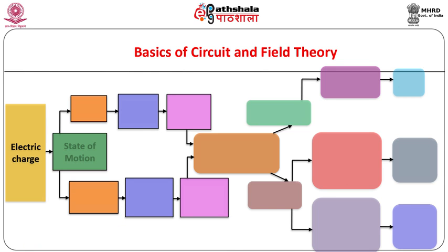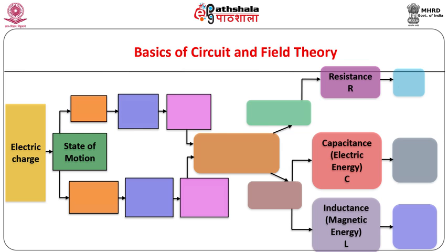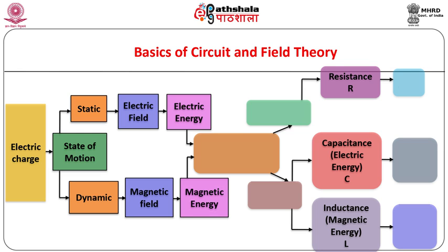To begin with, let us see basic facts about the two theories. We know that in circuit theory, besides energy sources, we always have to think about three components, namely resistor, capacitor and inductor. The reason is quite obvious. The electric charge, due to its static and dynamic state of motion, will give rise to electric and magnetic energy. Thus, we have to deal with electromagnetic energy in general. A part of this electromagnetic energy may be used, that is dissipated, and the remaining energy will be stored.